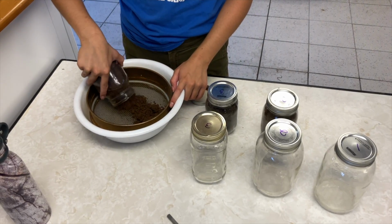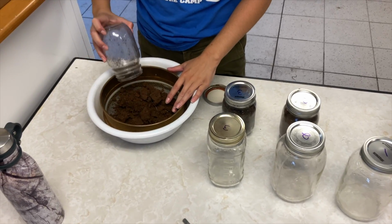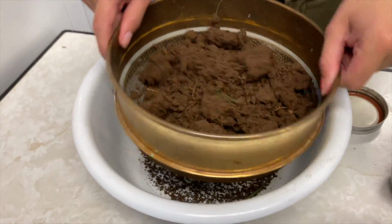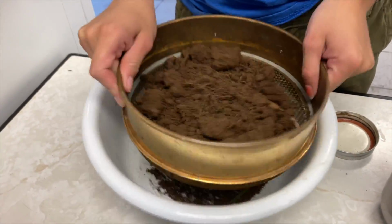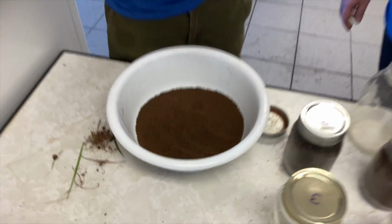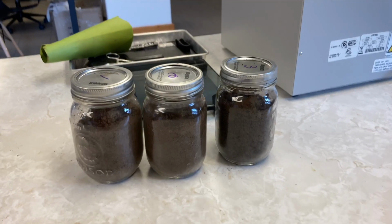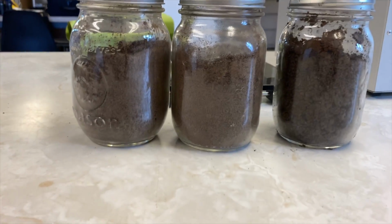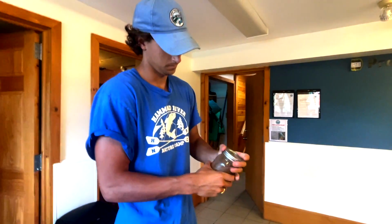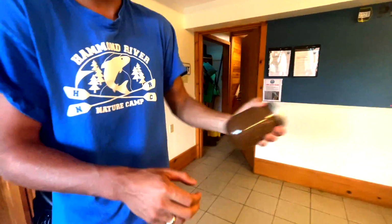To investigate the composition of our soil, we use a soil texture triangle. To do this, we take soil from each site and remove any debris, rocks, and organic matter with a sieve. All that is needed to be done now is to add the soils to jars, add water, and wait. After around 48 hours, the soil will have separated itself into sand, clay, and silt. Based on the percentages of each and a bit of math, we can use the texture triangle to determine the